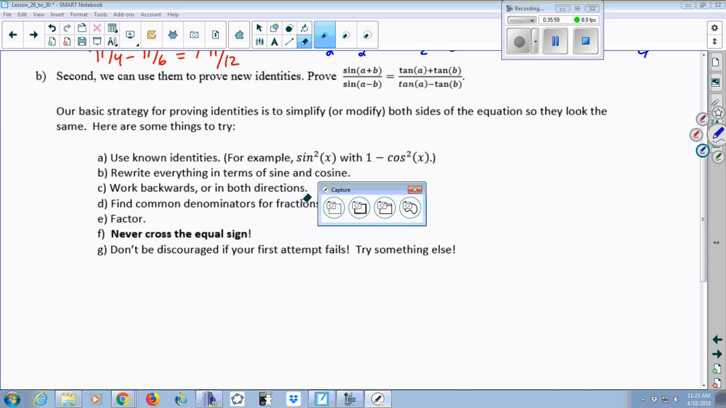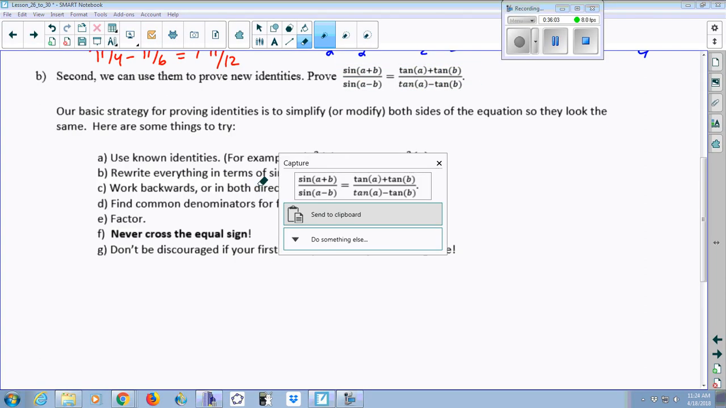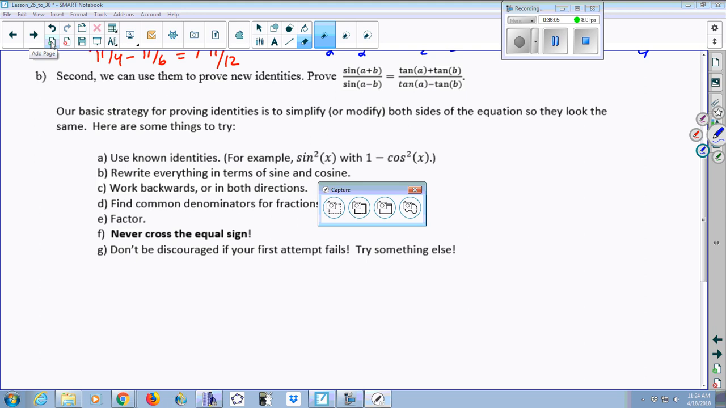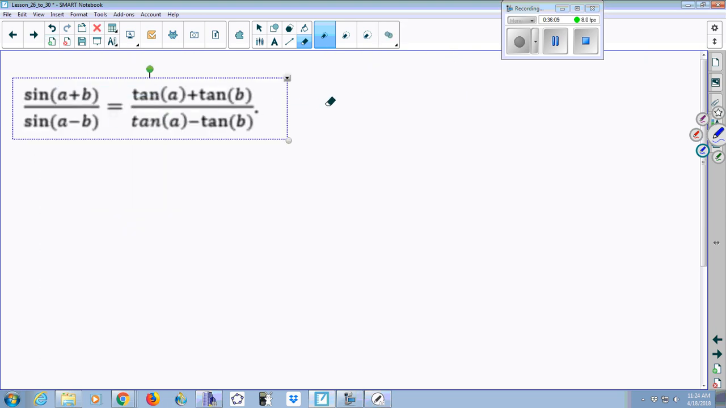Oh, I didn't take a picture of that. There we go. Send to clipboard, give me a new page here. Paste. Okay, here we go. So,